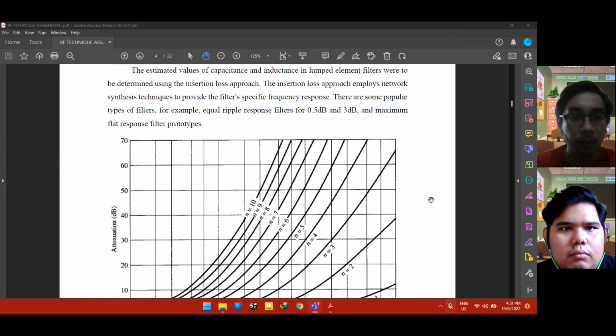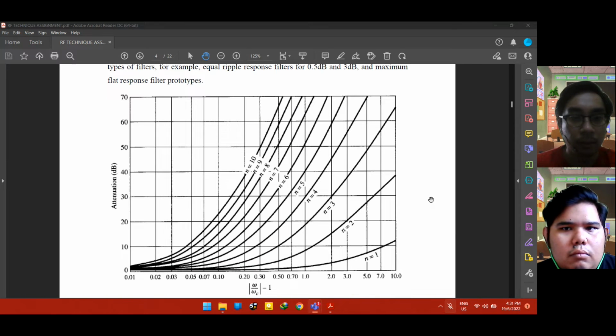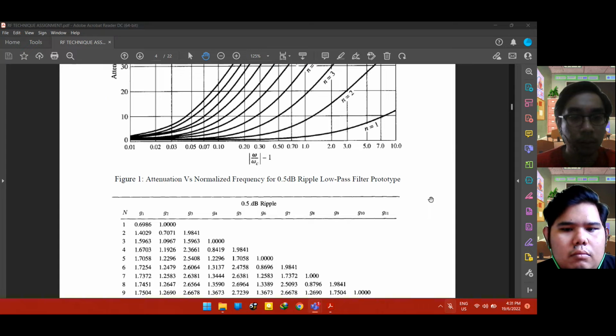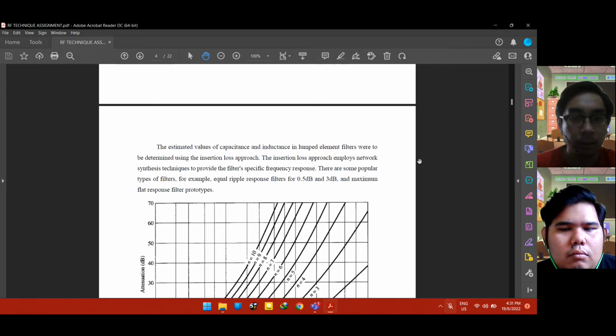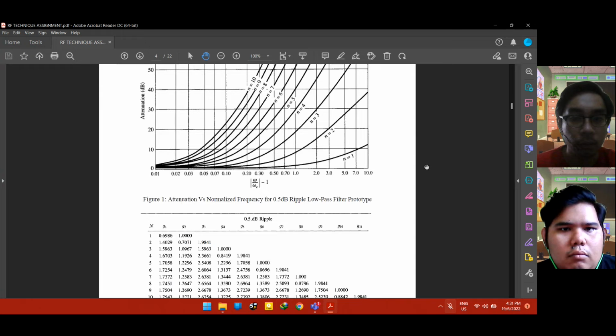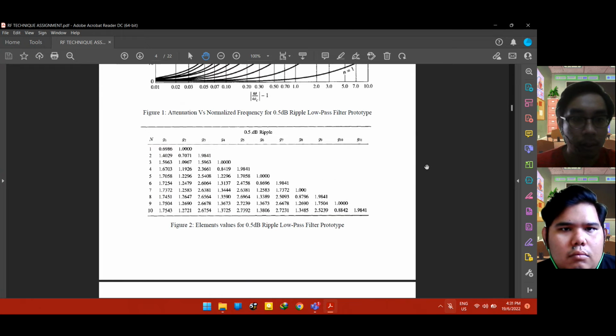Next is the 0.5 dB ripple low pass filter, and this is the theory of the 0.5. And then the next one is figure 2. This is the element value based on what we get from the 0.5 normalized attenuation versus normalized frequency. And then next,